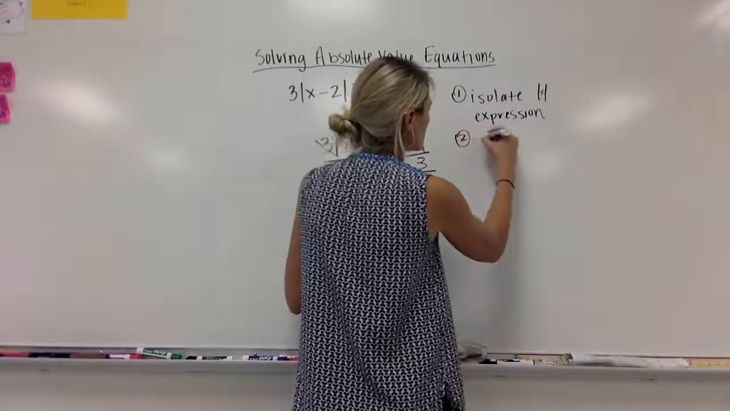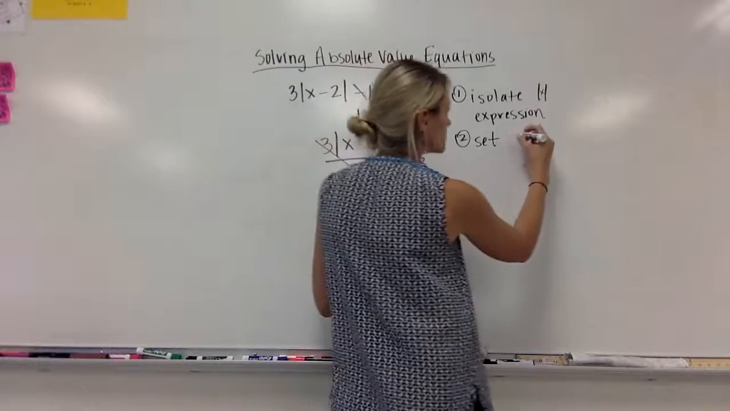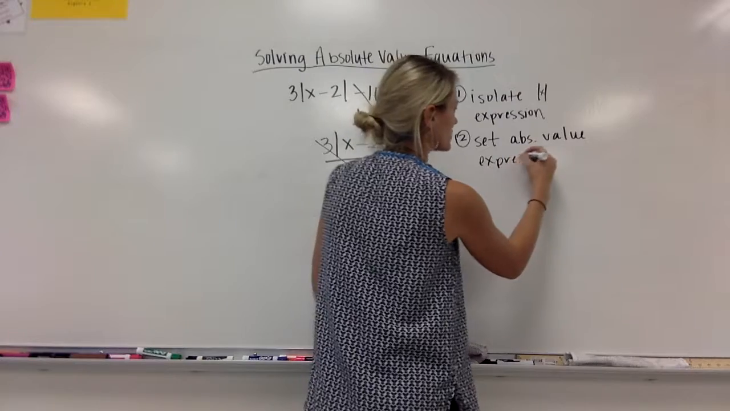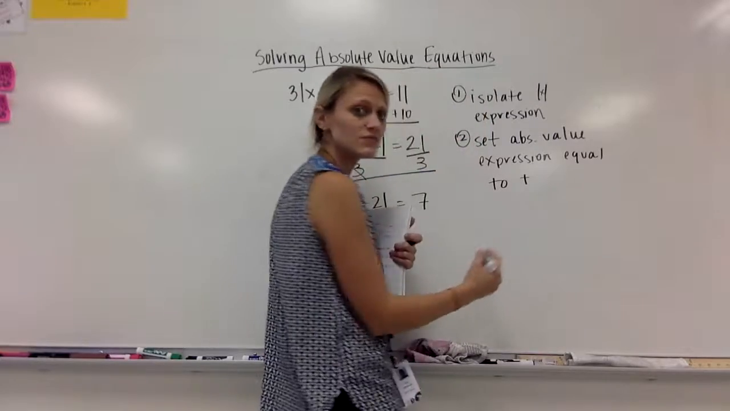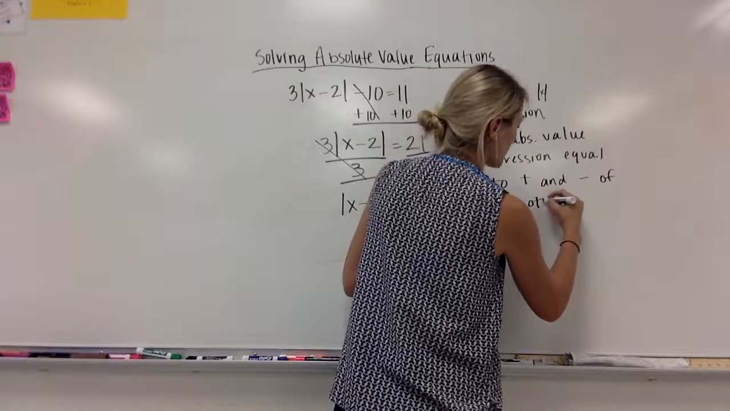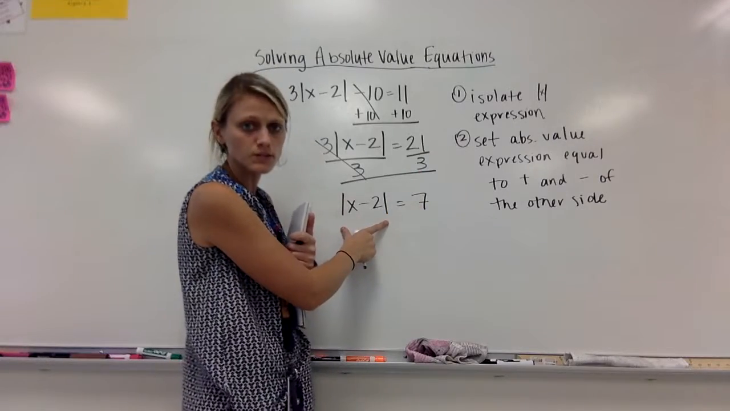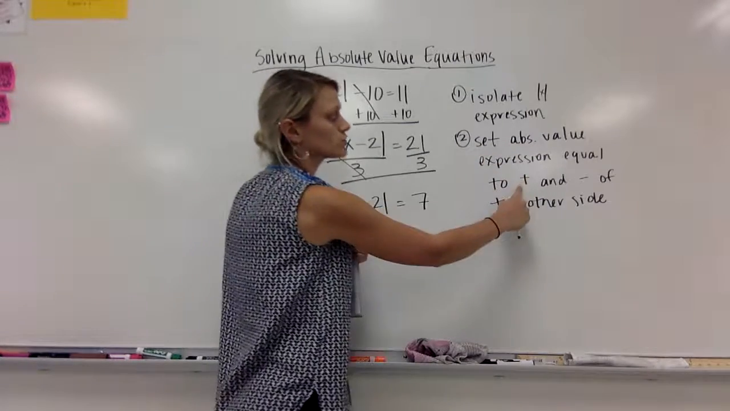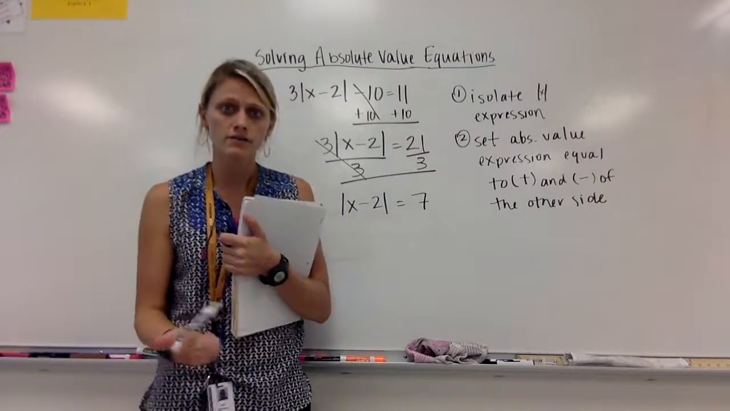My second step is going to be to set the absolute value expression equal to positive and negative of the other side. Okay, so now that I've got this absolute value expression by itself, I'm going to set this value inside, this x minus 2, equal to plus, so positive, and negative of the other side. So I'll have